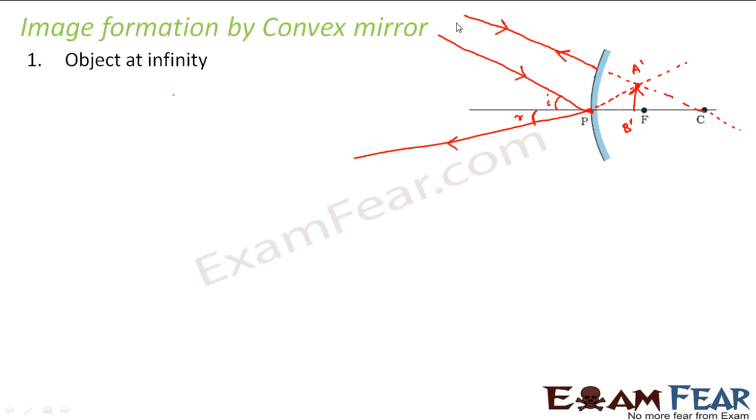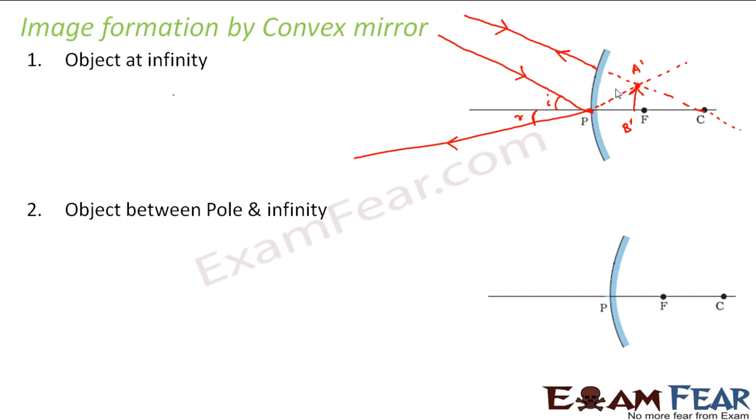So now we assume that these two rays are parallel because the object is at infinity, so we don't know from where exactly these rays are originating. So what do we see about this image here? We see that the image is erect. It is obviously a virtual image because the rays are not actually meeting at this point. They appear to meet here, right? And also we see that the image is diminished. And most importantly, the image is formed on the other side of the mirror. So the object is on the left hand side of the mirror, but the image is formed on the right hand side. So that means the image is formed on the other side of the mirror.